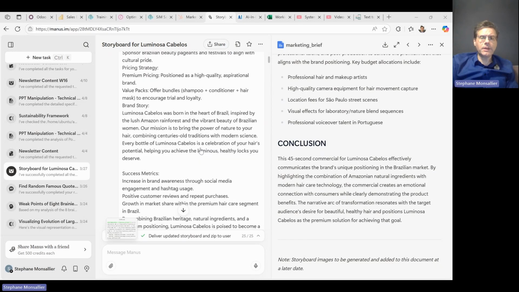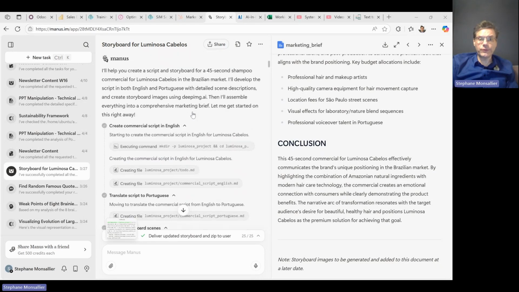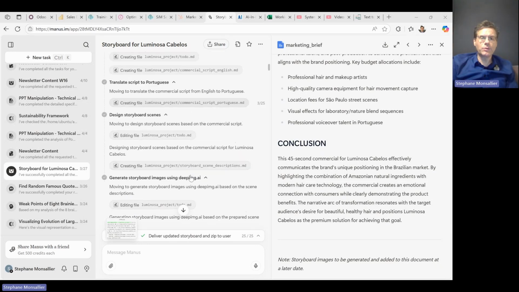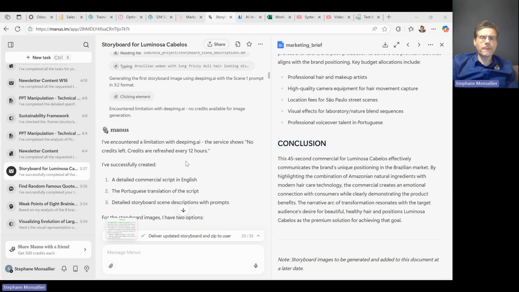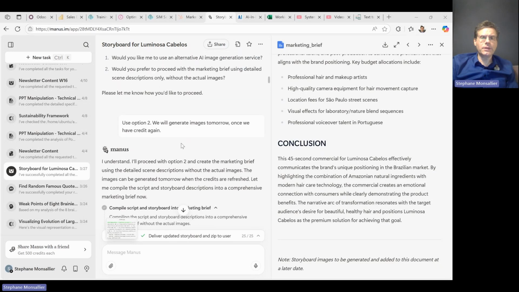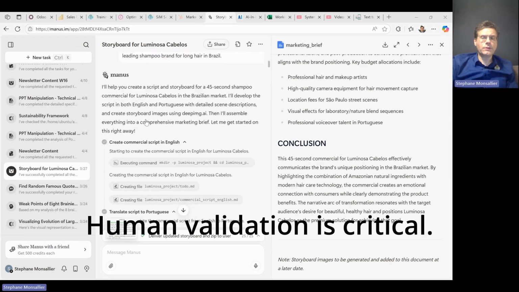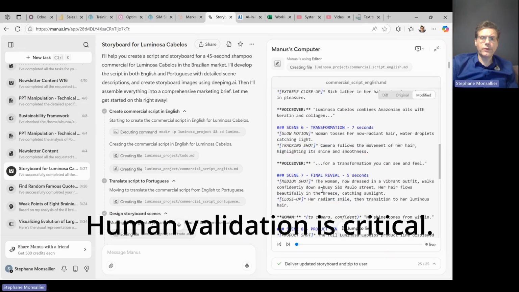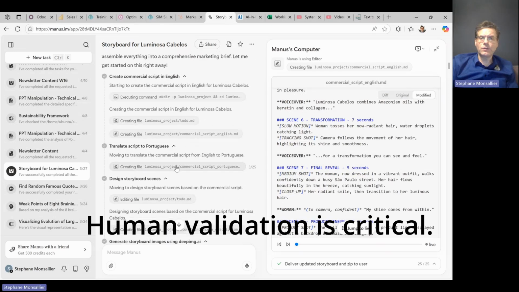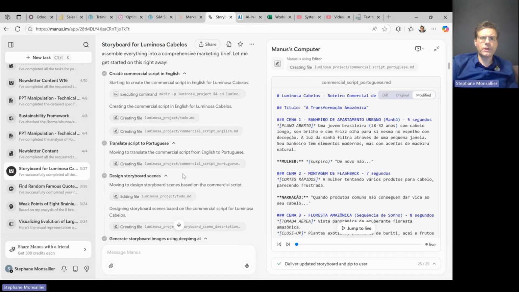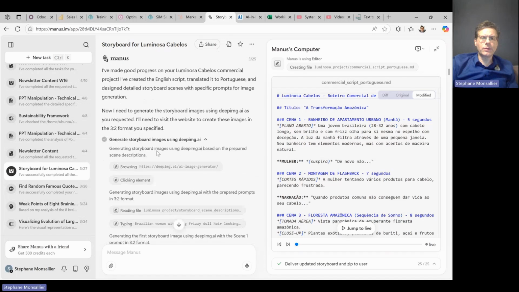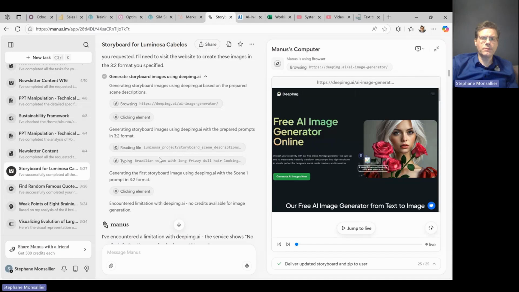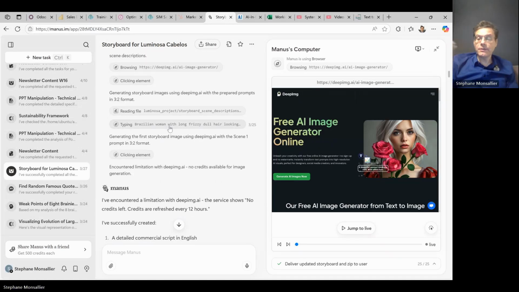So the first thing that Manus does, Manus wants to create a brief. This is normal. This is part of a normal creative process. First, there needs to be a brief. So the brief is coming along, and Manus is submitting that brief. So Manus is starting to work, creating a first script of the various scenes, and then translate it into Portuguese, because we asked it to be translated to Portuguese, and creating those elements one by one. It's even trying to generate some images, so using the free image generator that we gave to it, and